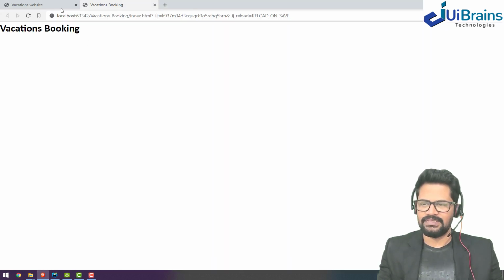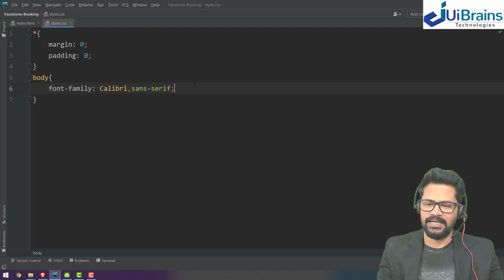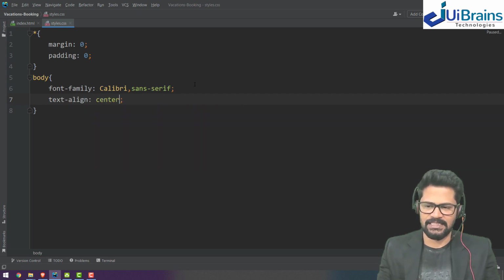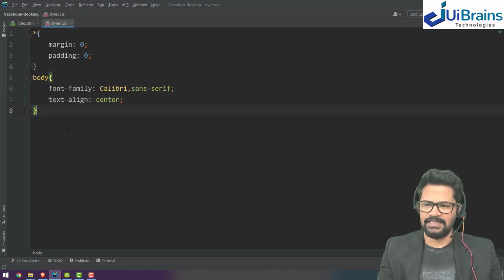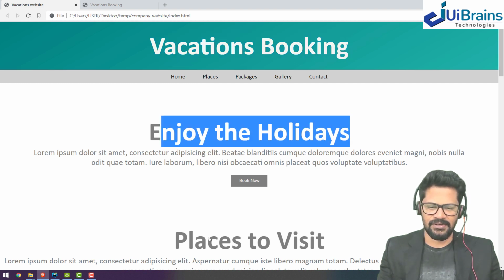And if you observe, every text in the website is exactly in the center of the page. So for the body tag itself, I just say text-align center, which puts everything in the center of the page. I think that's fine. Now let's start with a few more tags we have. This is the heading, right? H1 tag. So here also H1 and H1. So I use the H1 tag multiple times.